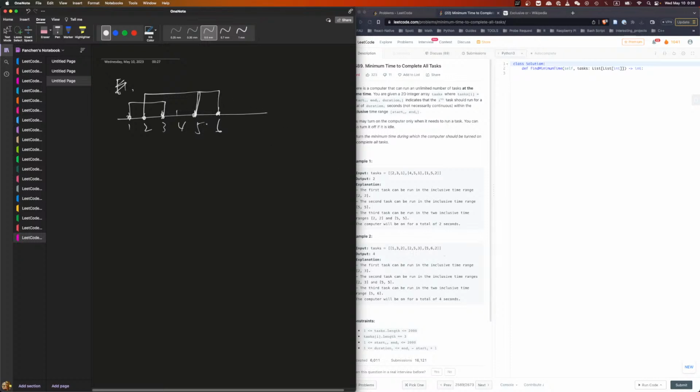So this one has to run between 5 to 6. And then 1 to 3, I can run a 2 second task. 2 to 5, I need to run a 3 second task. And they have overlap, so we need to utilize this overlap. So I have 2 seconds overlap. So the first task can finish in this, and the second task can finish by 4. So I do 2 to 4 and then 5 to 6. So this requires 3 seconds. This requires 2 seconds. So my answer is 5 seconds, but the answer is,